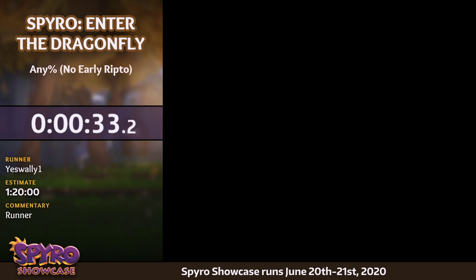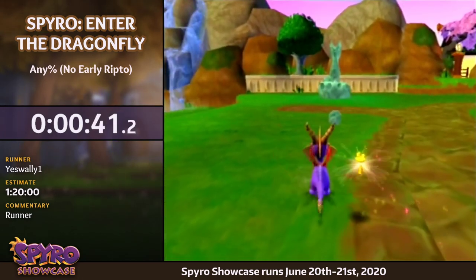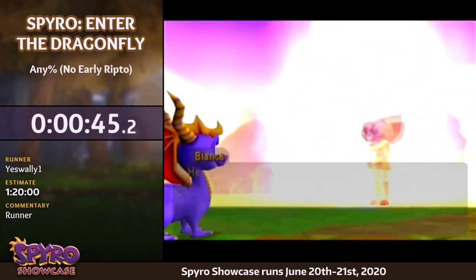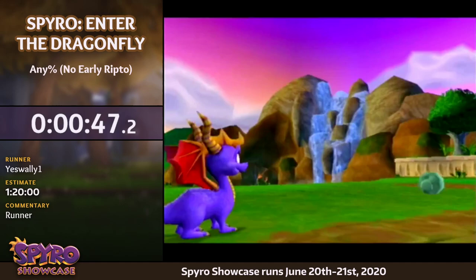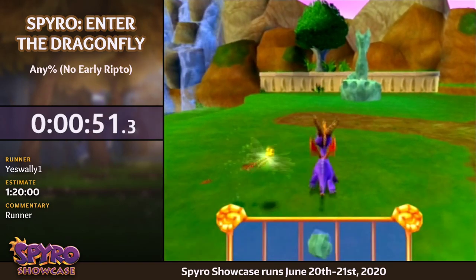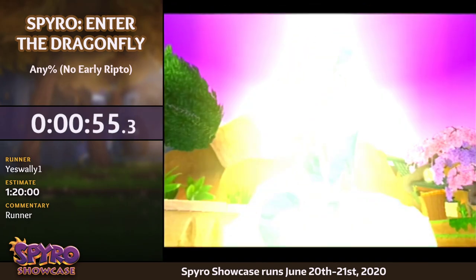But here we go. So we'll be starting the game here in the Dragon Realms, and also with a Bianca that just disappeared. By the way, say hi to Bianca, because she's gone now. She will not make another appearance. And right off the bat, we are going to pick up one of the few runes that are in this